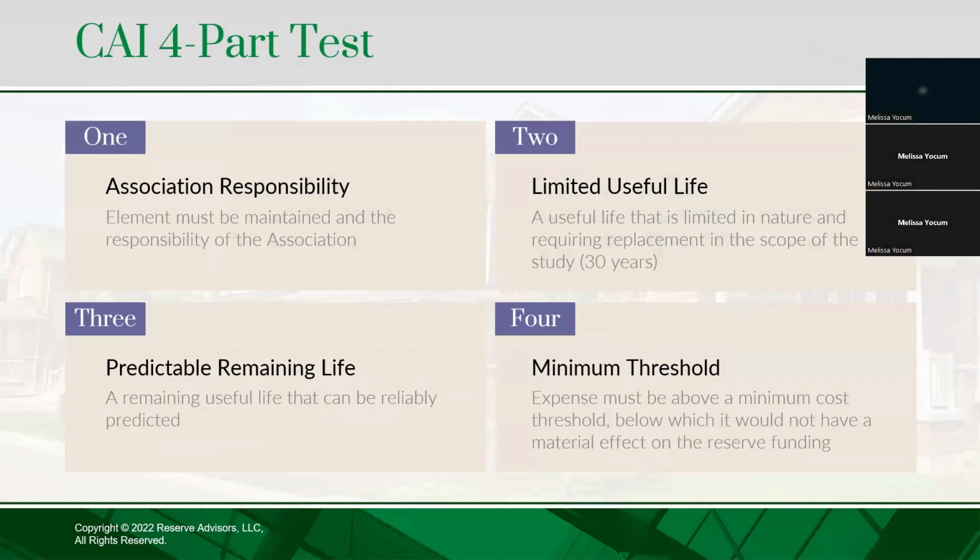The useful life also has to be predictable. And what we mean there is it has to be something that typically needs to be done. So replacement of electrical systems, replacement of a fence, renovation of a clubhouse or an entrance monument, light poles and fixture replacement. These are all things that have a typical useful life and that we know will need to be done. An example of something that isn't quite predictable is an insurance deductible.